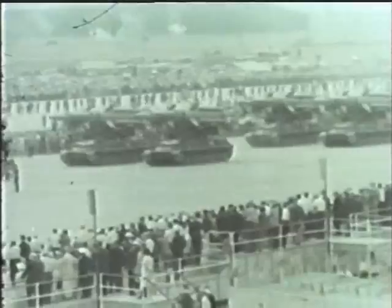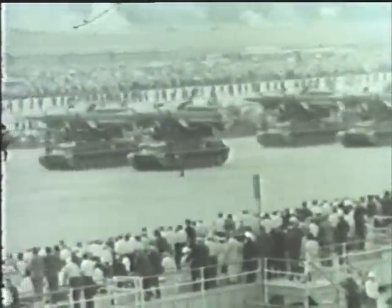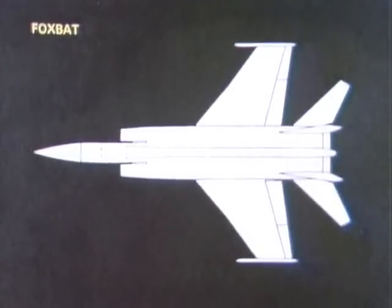In 1968, at the Domodedovo Air Show in Moscow, the Soviets demonstrated the expected array of military might. But at the end of the show, as a finale, 3 massive jet aircraft appeared and streaked across the sky. The crowd of foreign observers at the display was stunned by the size and apparent performance of the aircraft. Reports sifting back to the Pentagon on the new plane's proportions and size suggested a plane of awesome top speed. For the next few months, nothing more was seen of the plane, which had been given the NATO code name